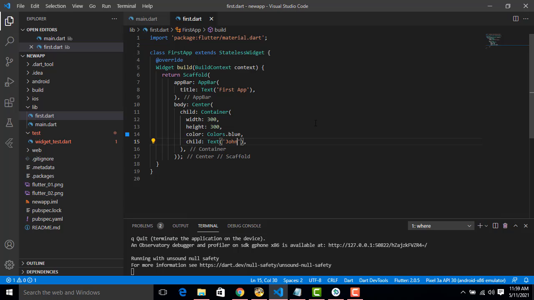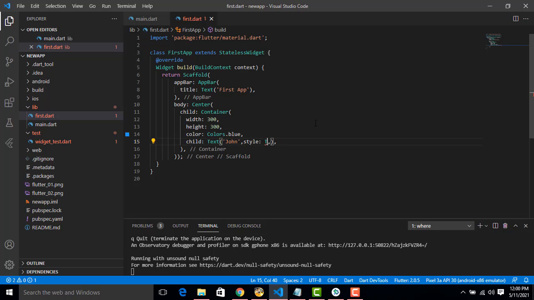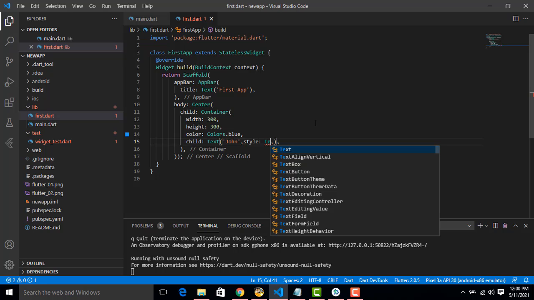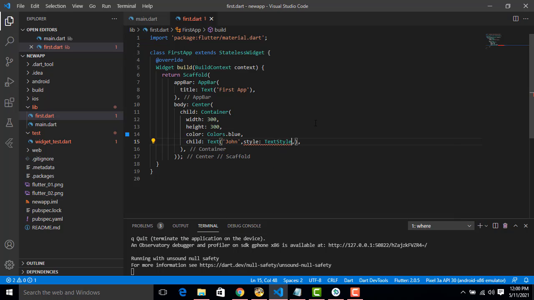After that, inside the text, we have to type another thing, comma, style. Text style. The same thing, text style.